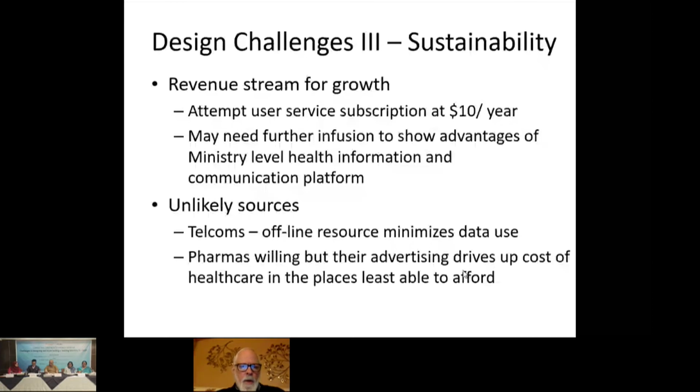We thought about using telecom resources. The telecoms in each country, of course, are eager to get digital solutions out there, but of course their incentive is to engage users with using data services that are then feeding their bottom line. Since our intention is to use offline resources to minimize the disruptions, there would be very little incentive for telecoms